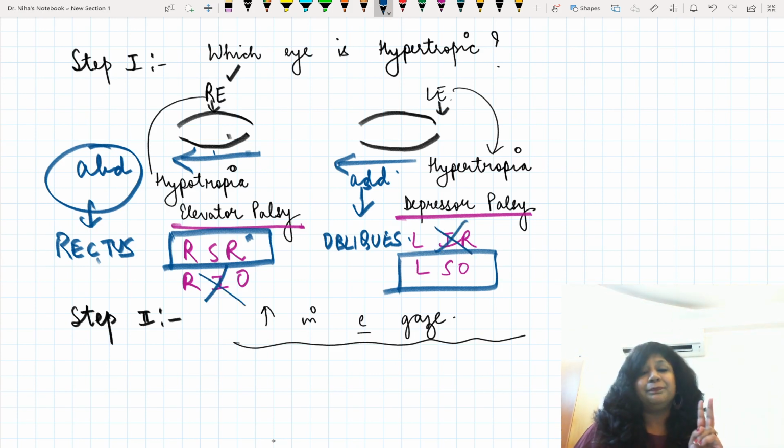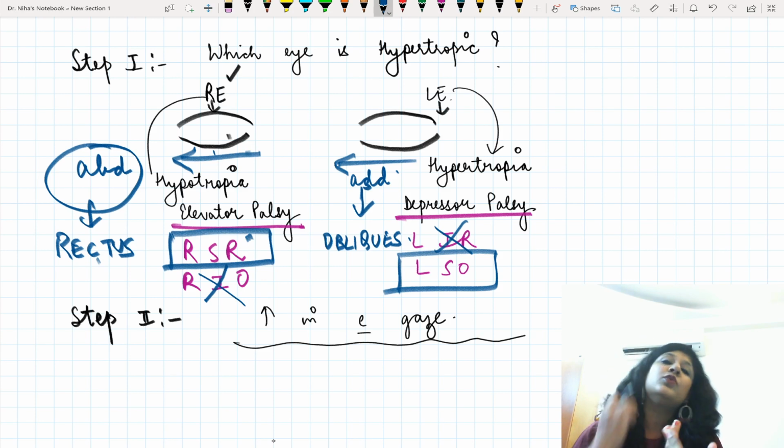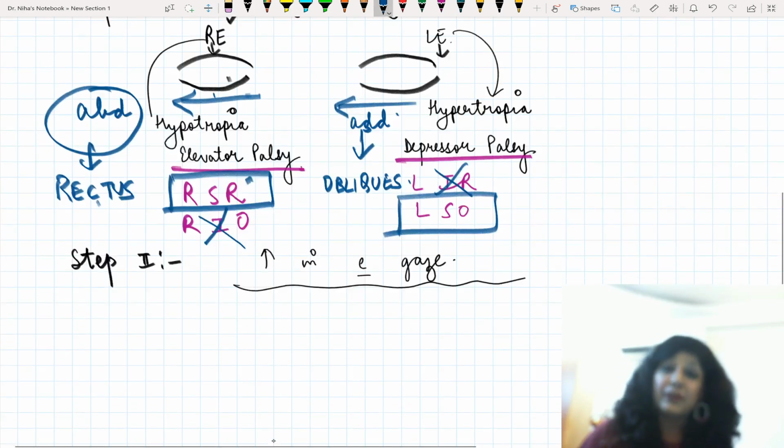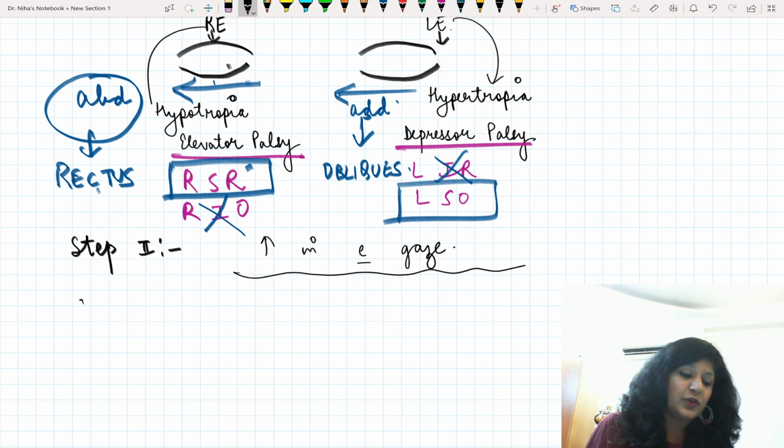Now suppose you are not having both these options in the question, so your answer is right away. Don't even go for the next step, because that will just lose your time, because only these 2 can be there. But if you are having them and you want to check, you have enough time, then go for step 3.